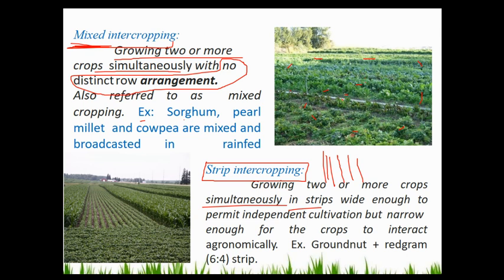See here, in intercropping proper rows were there. Now see here, the strip of one crop is followed by the strip of one more crop, like this. But you may ask how wide they should be, sir. If I grow one line of this crop and one more line of that crop, is that strip intercropping? No. They should be strips, the bundles of